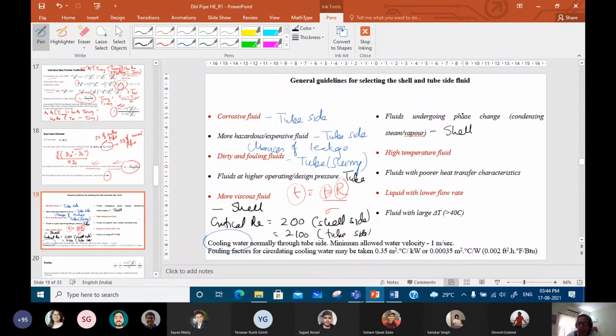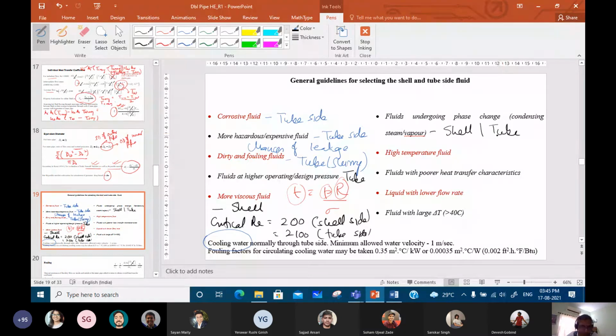But generally for vaporizing fluids, the moment vapor forms, they require much more space, and it is easier to provide the additional space on the shell side as compared to the tube side. So generally for vaporization, we prefer the shell side, but for condensation, either the shell or the tube side can be preferred. Shell side definitely offers a lower pressure drop, and any sort of phase change is accompanied by a much higher pressure drop. This is one thing you need to remember. Am I clear?